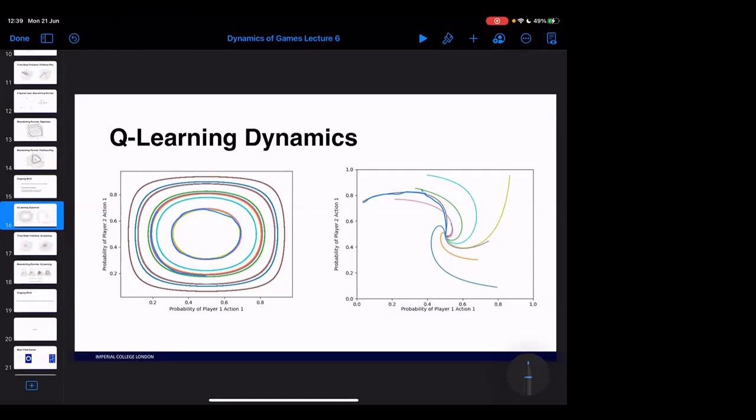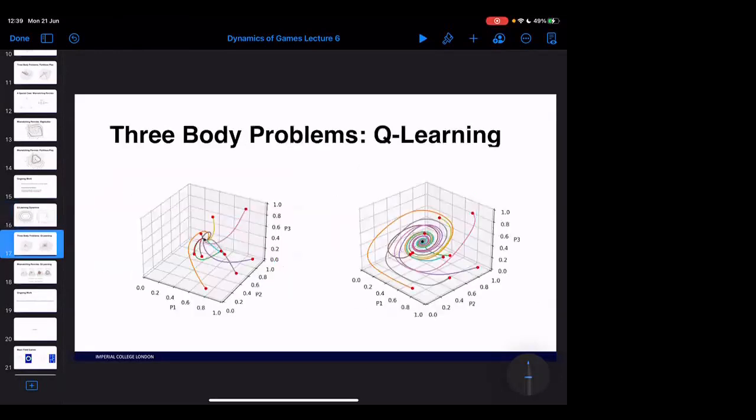So instead of showing you the really obvious ones, the ZZZ and the coordination games, let's skip past those because those are trivial and we end up seeing convergence. We'll instead look directly at the mixed games, right? Which, in the same way as fictitious play, seems to show convergence with Q-learning, right? Regardless of our initial conditions, we end up in the, I think this was, yeah, sorry, this was the CCZ and this is the ZZZ game, right? We end up seeing convergence down.